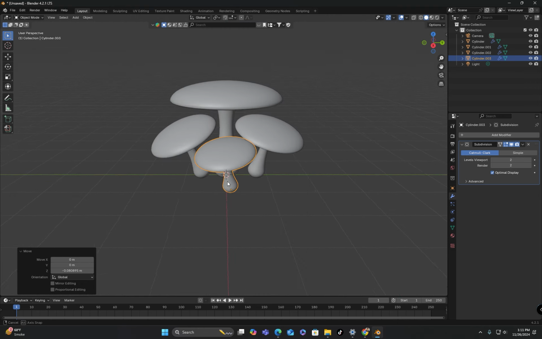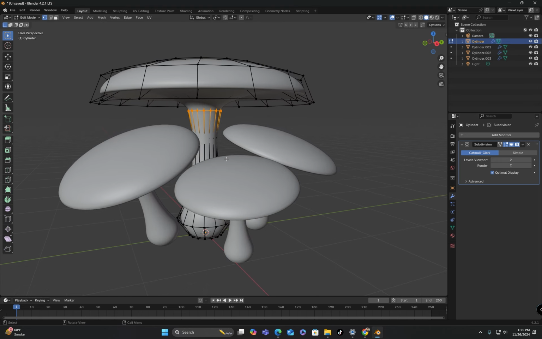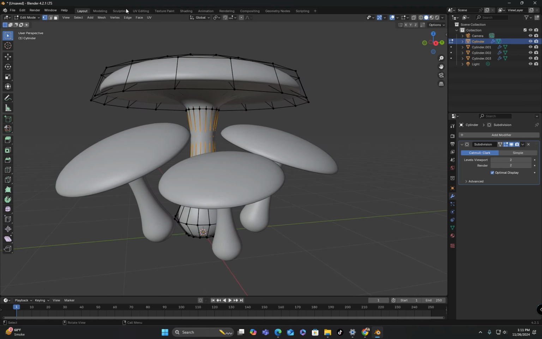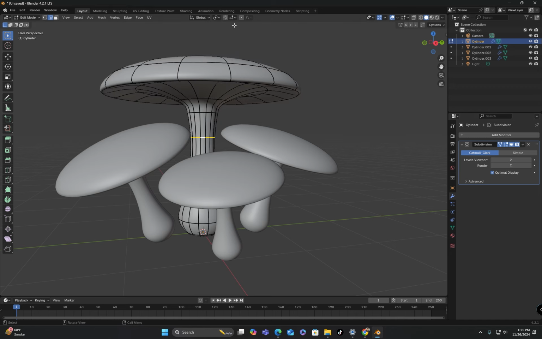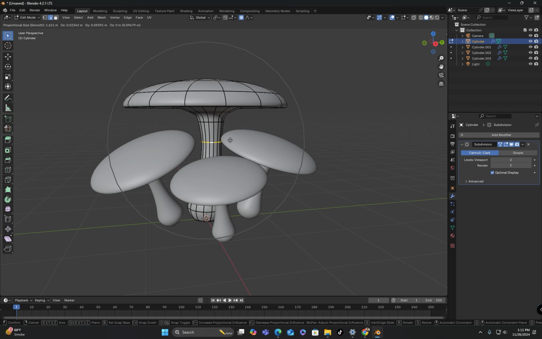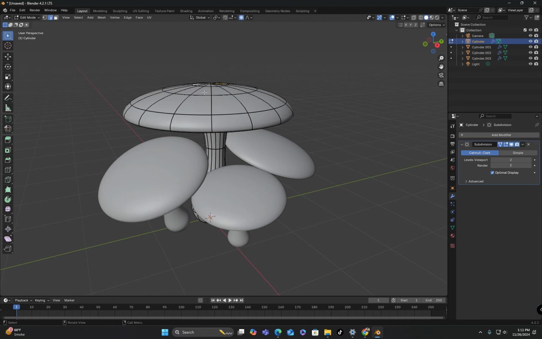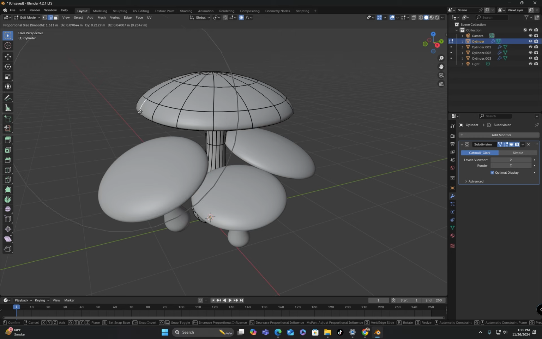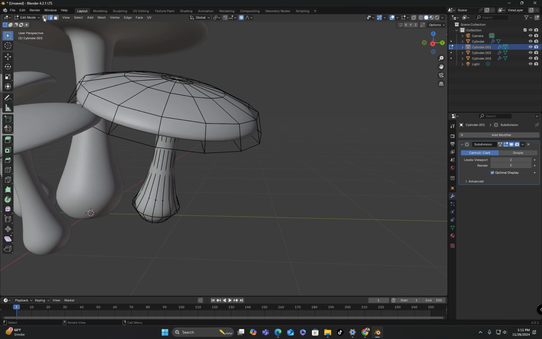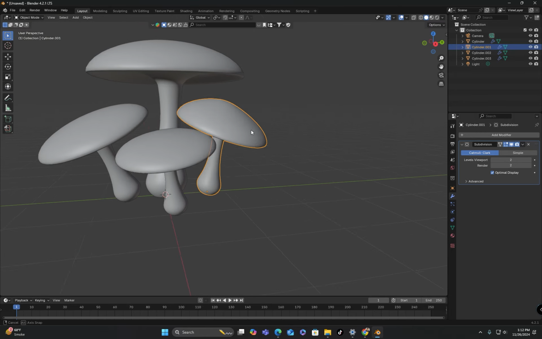As all the objects currently have the same shape, to introduce some variation, I will enter edit mode, select a vertex or edge or face and enable proportional editing. Then I will press G to move the selection and use the mouse scroll to control the affected area of proportional editing. Similarly, I will select each of the 4 objects one by one, enter edit mode and make slight changes to their shapes. This way, each object will have some variation in its shape.